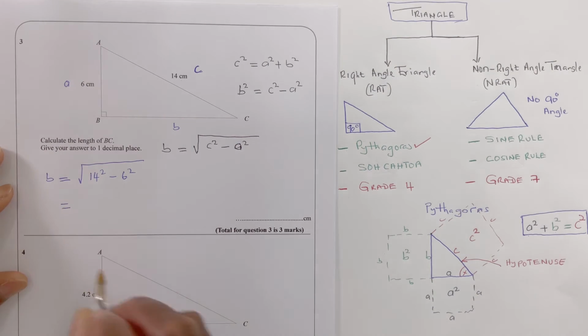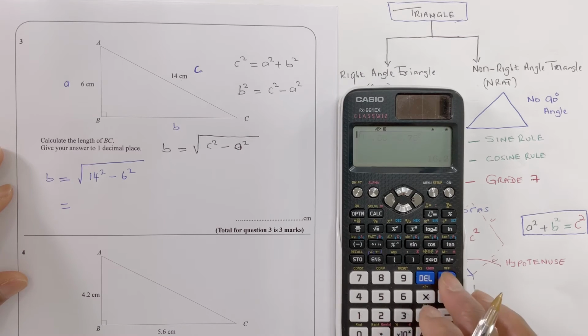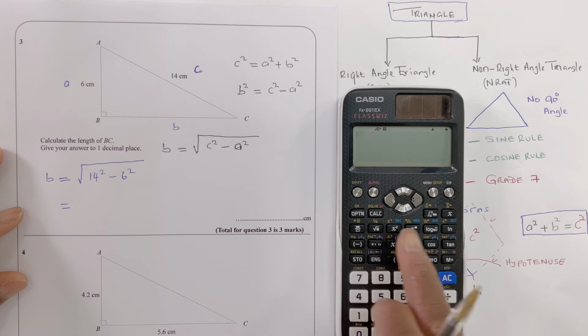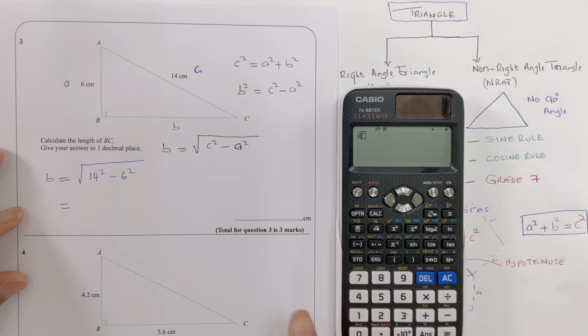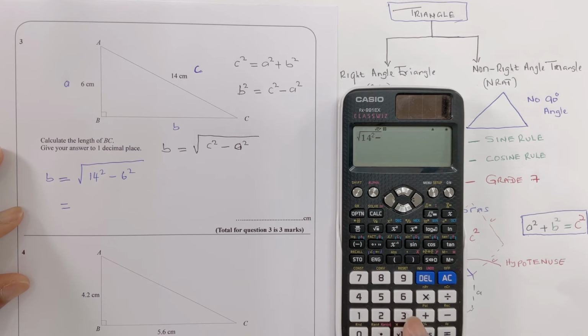And that will be equal to, we can come into your calculator here and plug that in. So you can have the square root of 14 squared minus 6 squared. So this one gives us